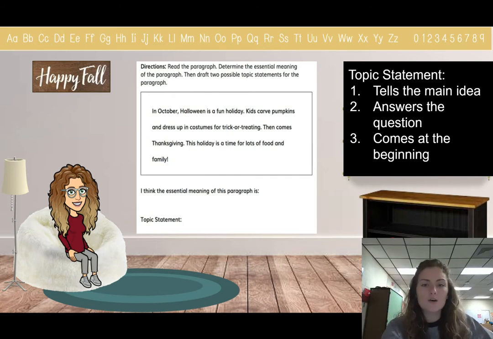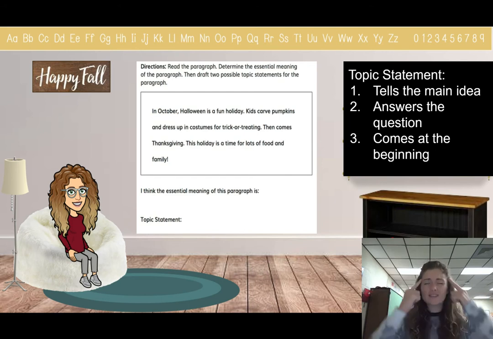So I know that these juicy details are talking about holidays that happen during what season? Fall, right? So maybe our topic statement can talk about fall and holidays.